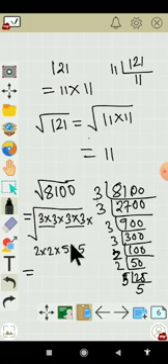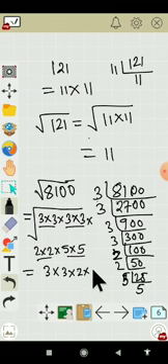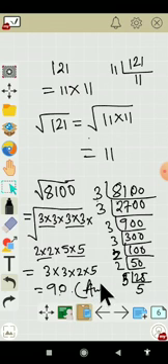Now we have to choose the pairs. First choose the pairs and among the pairs choose only one number for the square root. So here it will be 3 into 3, 2 into 5. So it will be 90. 9 tens are 90. The square root will be 90 here. So this way we have to solve.